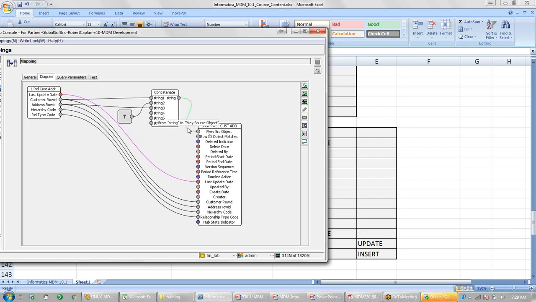In the staging table I have a PK source object. The first column is the PK source object. Whatever value I am passing here from the landing table will be compared against the PK source object column which is there in the cross reference table. Okay, so it is the primary key from the source. Yes. Okay.